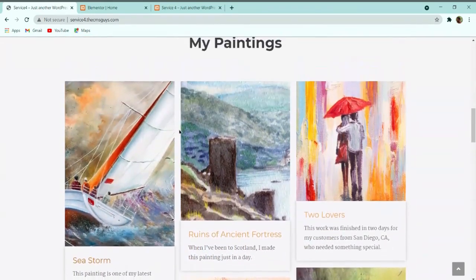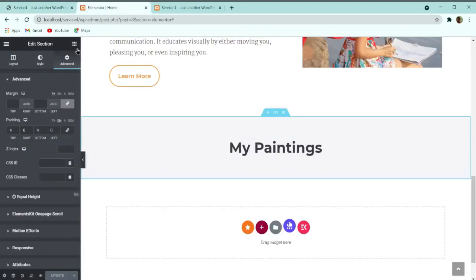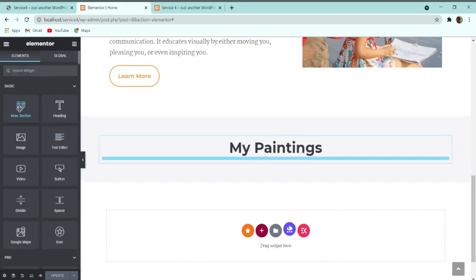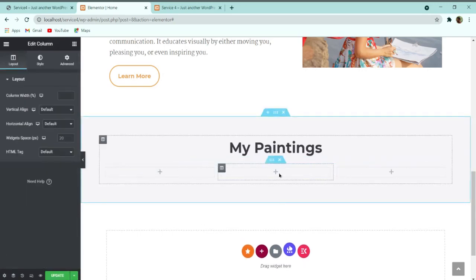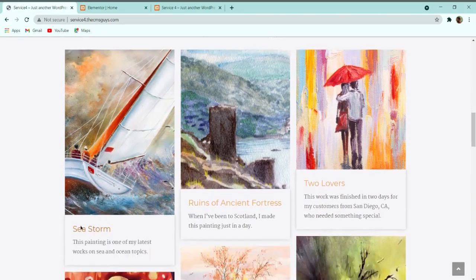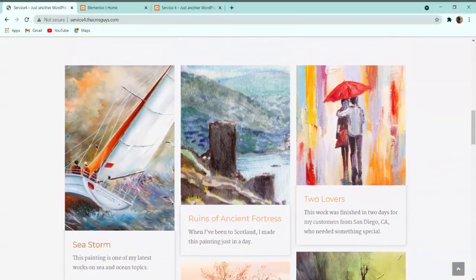So now let's start creating this. So here we have to take an inner section with 3 columns. So what I will do, I will click on this nine-dot icon and go to the element section of Elementor, and then here you can see that there is one inner section present over here. Simply drag it under my paintings and add a new column, and here you can see that we have done with 3 columns. So now first I have to customize this one, and then later on I will tell you a shortcut where you can create this very easily, super fast, after completing a single one.